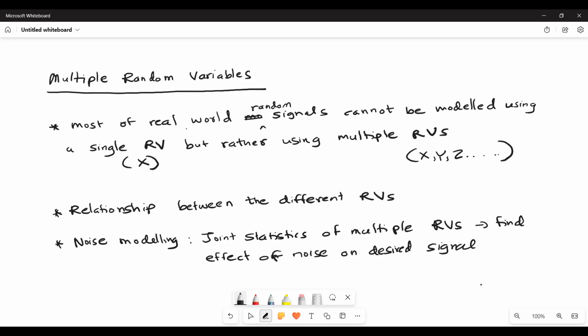Therefore, noise modeling can be done by the joint PDF,